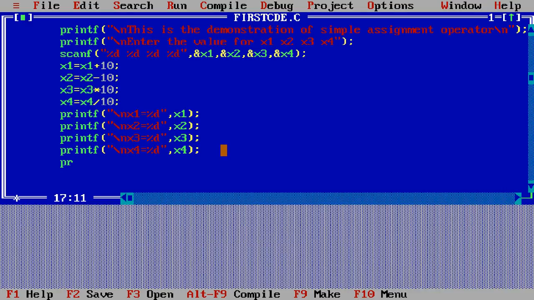Okay, and then again I am using here the printf function, and write here this is the demonstration of shorthand assignment operator, and then \n. Okay, and then enter printf